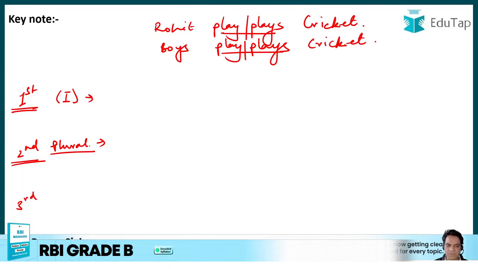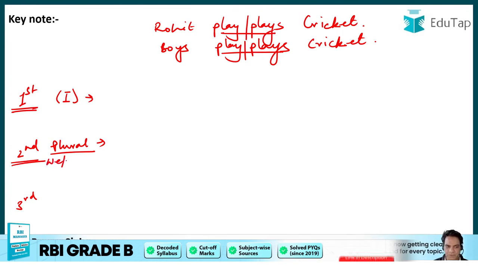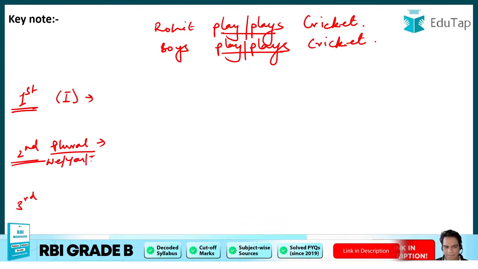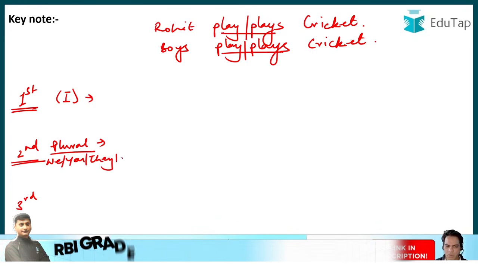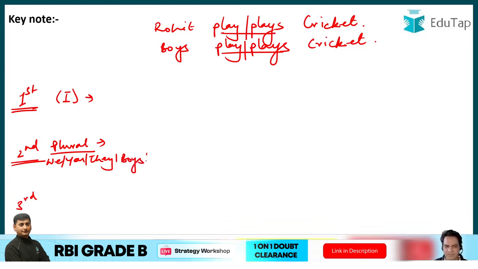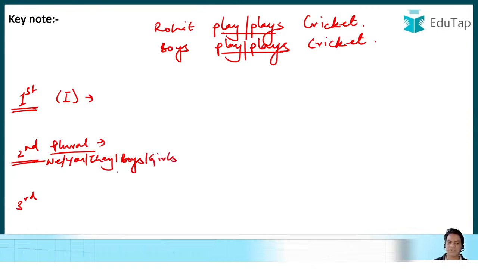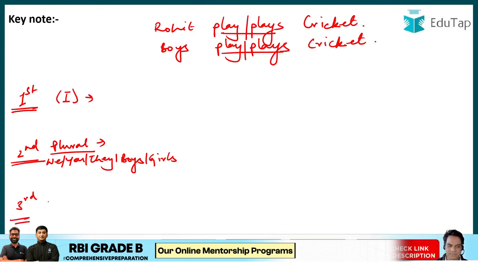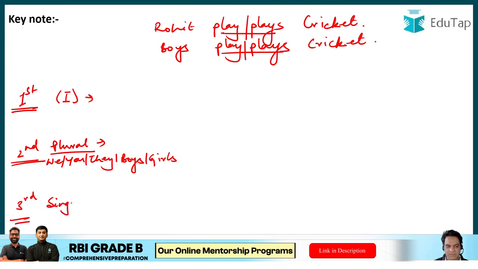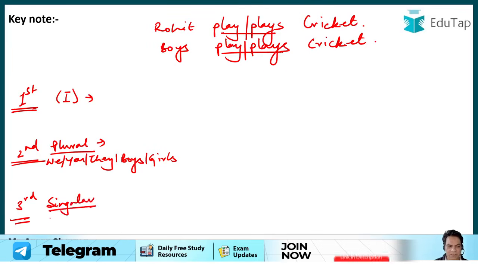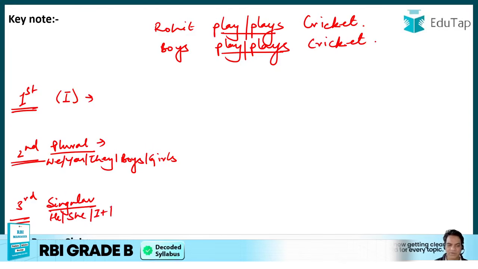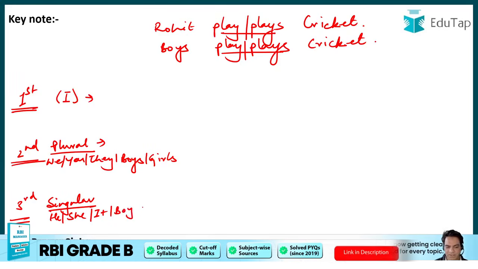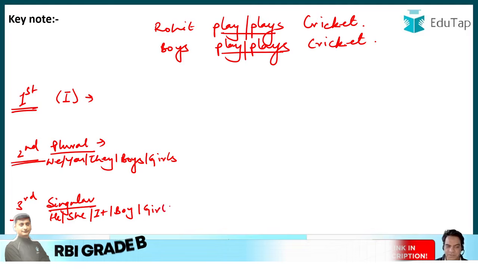Now all the plurals, what do I mean by plurals? We, you, they, or any plural word, for example, boys, girls, citizens, countries, anyone, anything, any plural word or any plural pronoun or noun will fall into the second person. And third person is all the singulars. Now what are all the rest of the singulars? He, she, it, or any singular word, for example, boy, Rohit, Reena, Geeta, girl, India. So any singular word will fall into the third person category.